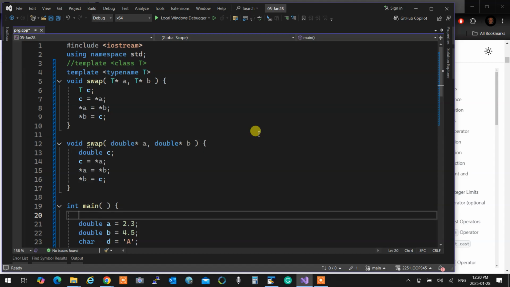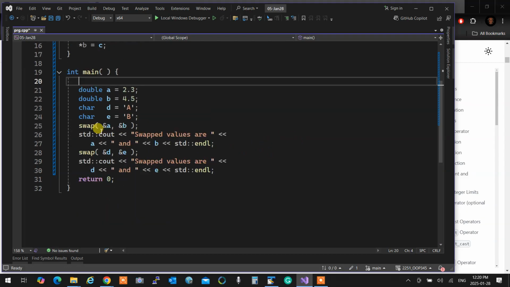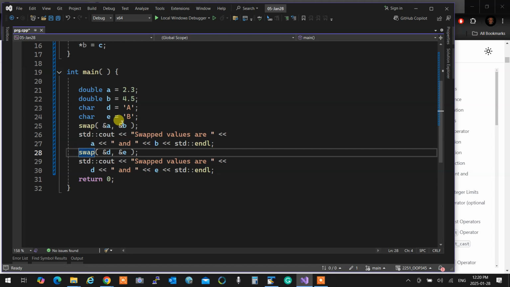I can create a template and ask the compiler to create the function for me on demand if it's ever being used. And because the signature of functions dictate how the functions are called, the compiler can actually detect it. So when I say swap two integers for me, or two characters, or two doubles,